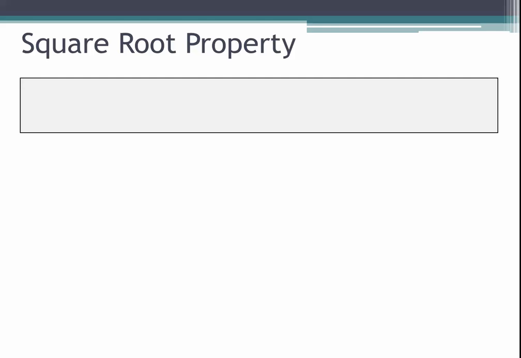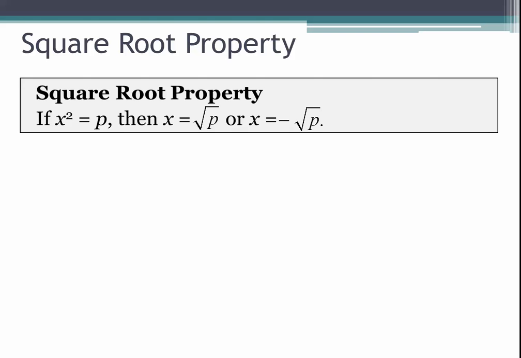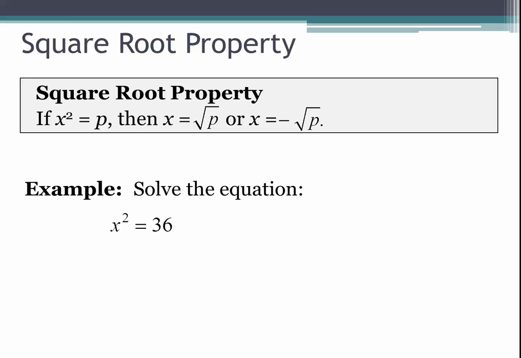For the square root property, it's helpful to remember that square root is just the opposite of squaring. So the square root property says that if x squared equals p, then x equals the square root of p or the negative square root of p. So for example, if we had x squared equals 36, the opposite of squaring would be to take